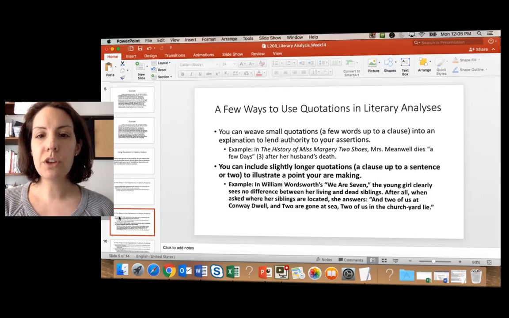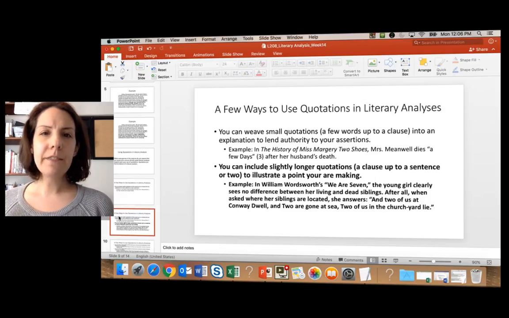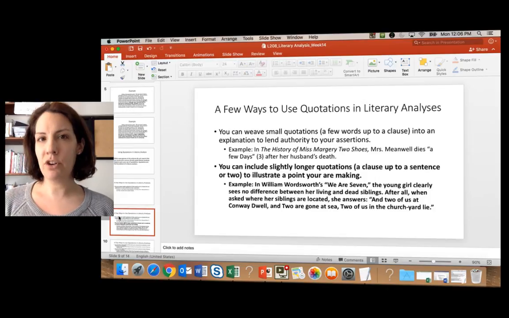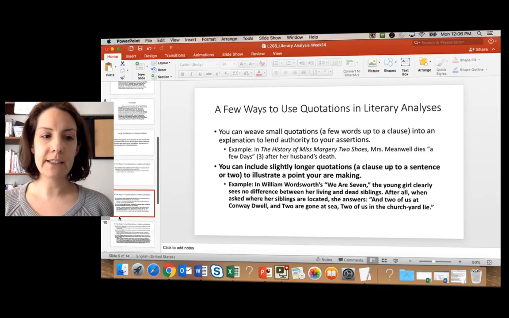So here you can see what the author has done is she's offered an assertion. That assertion is her reading of the text. And then she's included a textual quotation to illustrate what she's talking about. This is definitely better if you're going to include a literary analysis than just weaving little quotations into an explanation. But it's not the strongest way in which you can do a literary analysis.